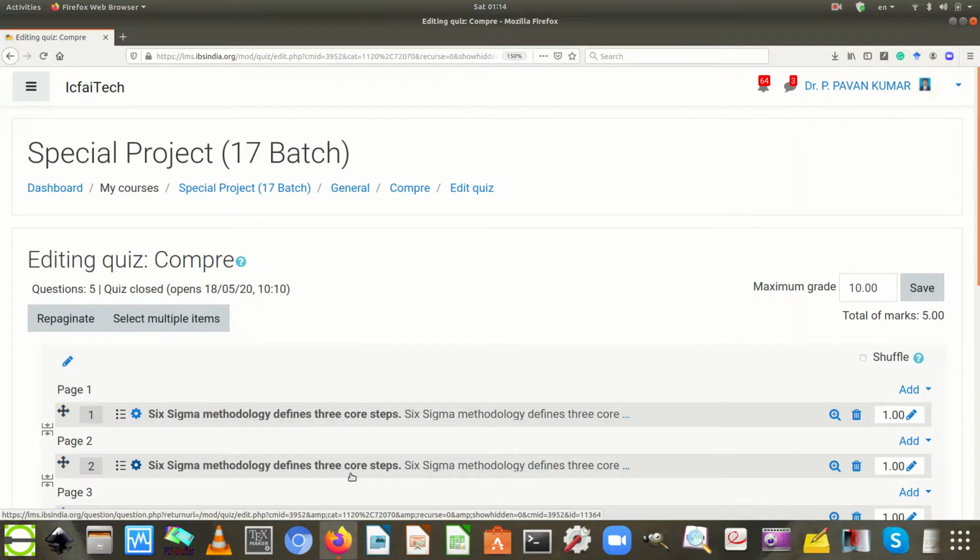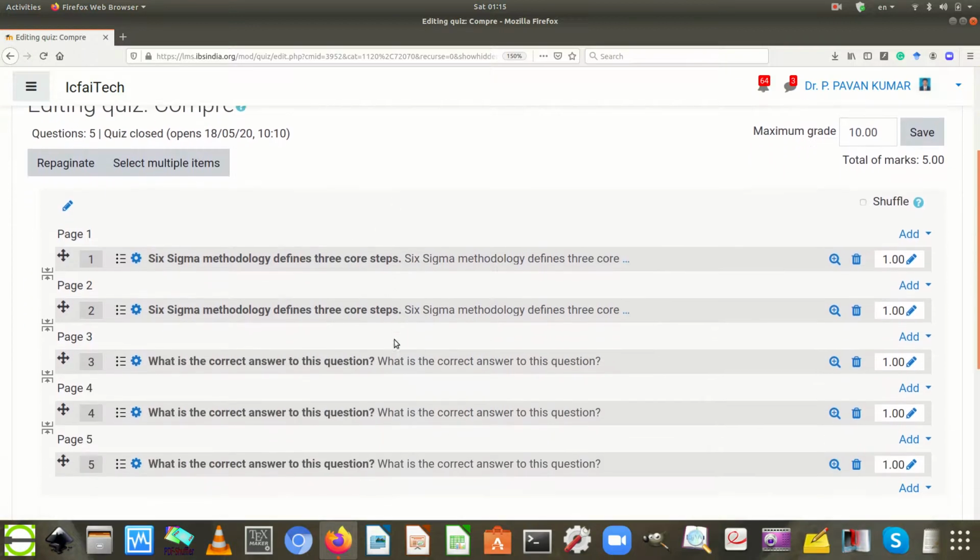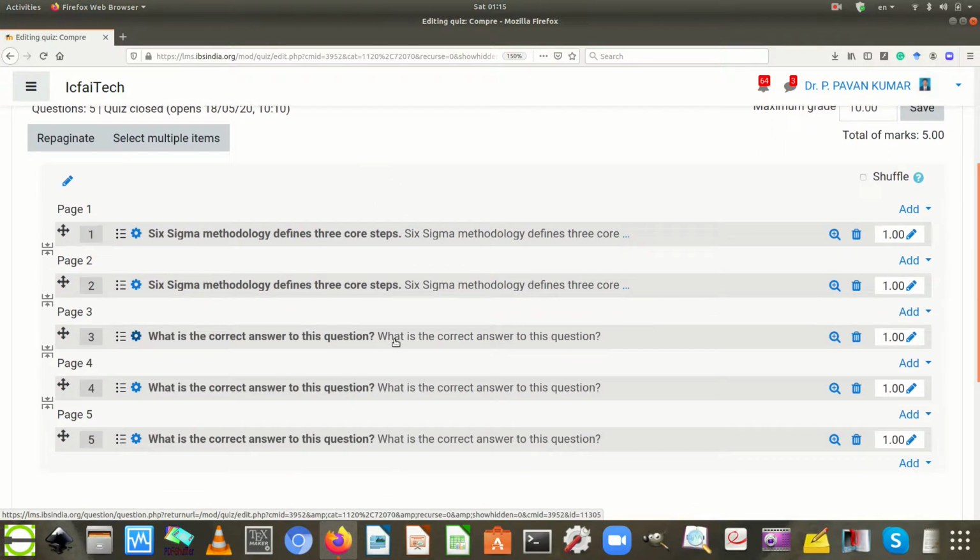So successfully 5 questions have been added from the difficult subcategory under a parent category called Compre. Now repeat the same step for the easy subcategory and the medium subcategory. For that,